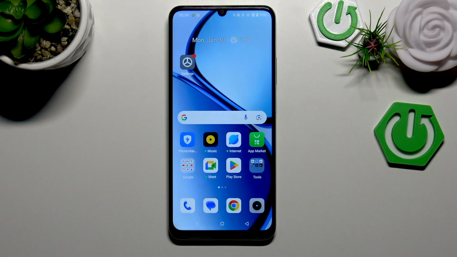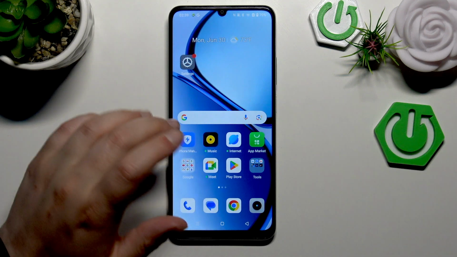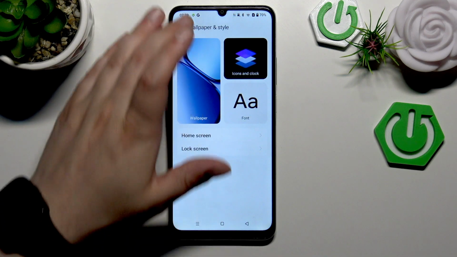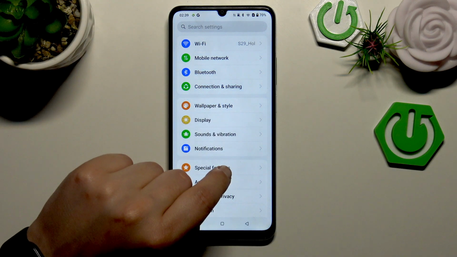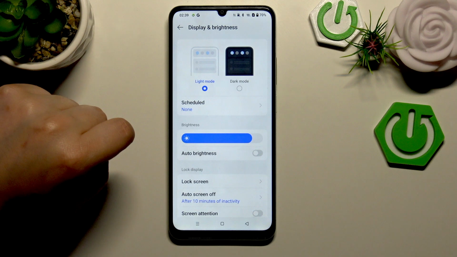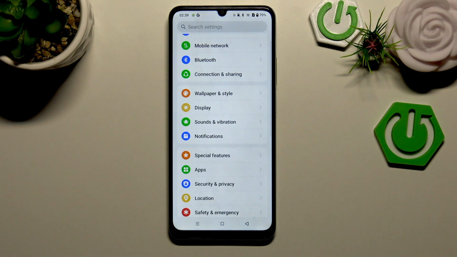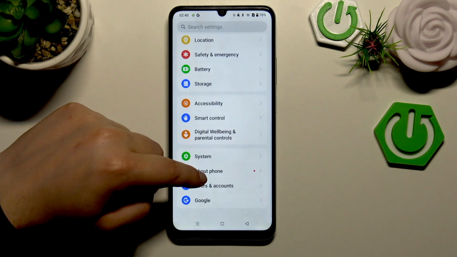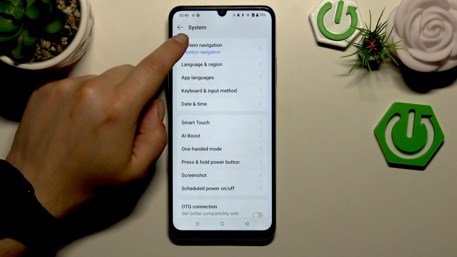The next important trick is these three buttons over here that help you navigate on your smartphone. So here's how to open it and activate these buttons here. You have to open the settings, then move to the display. Sorry, not the display. You have to scroll down to the bottom of these settings, tap on system and tap on the first option,